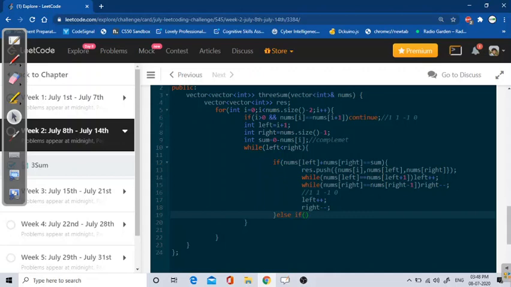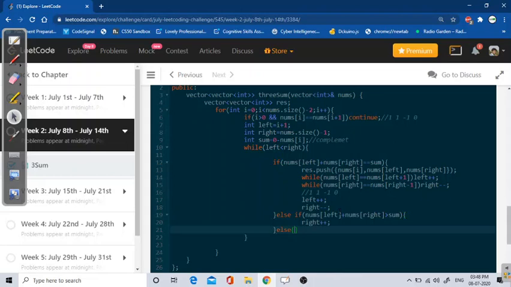And if my values are not equal, then we have only two conditions: either my left plus right value is greater than my sum value, that is the complement value, or it is less than. If nums of left plus nums of right is greater than sum, it means my right value is bigger, so I have to decrease right, right minus minus.